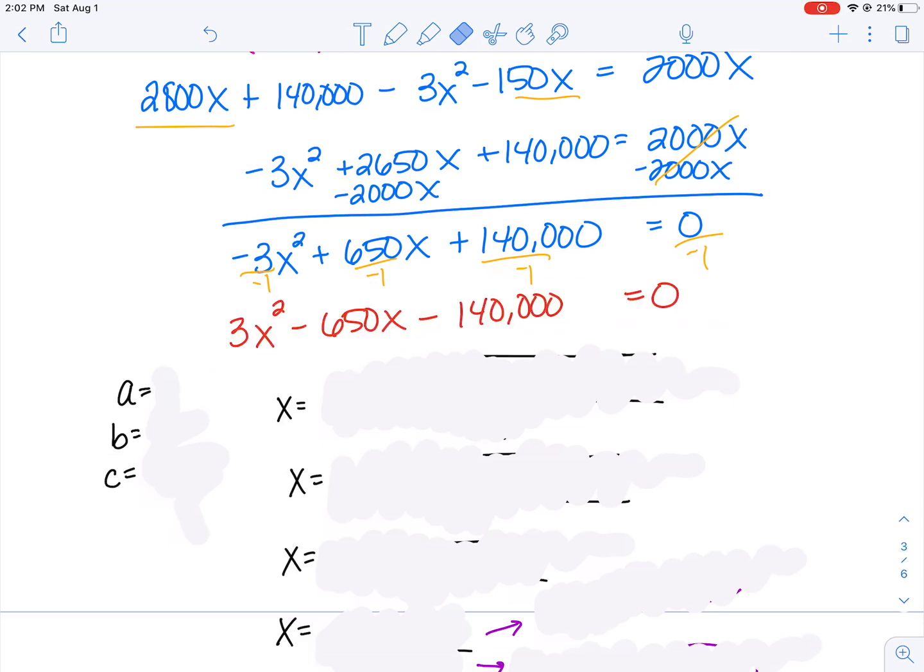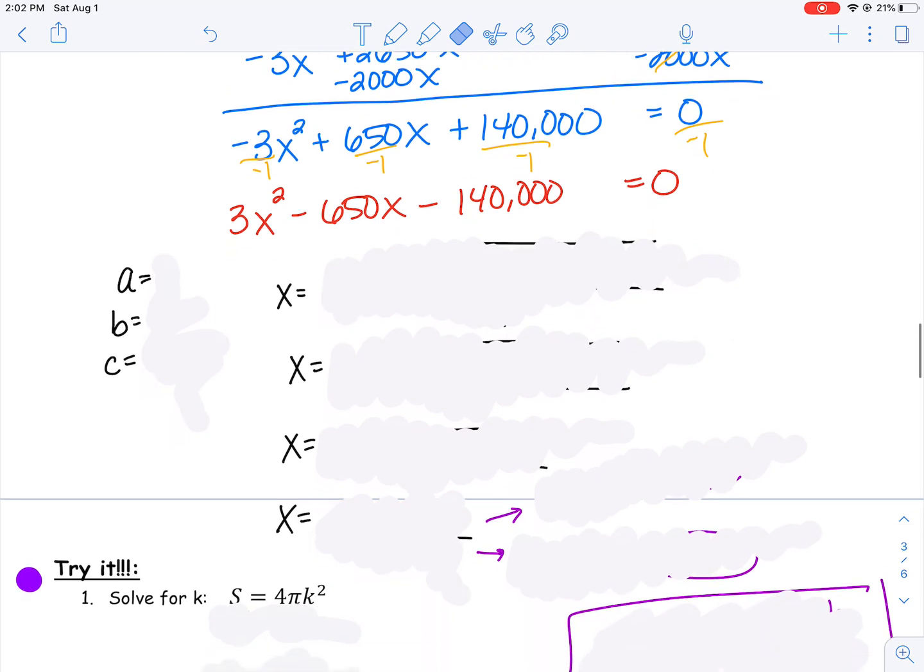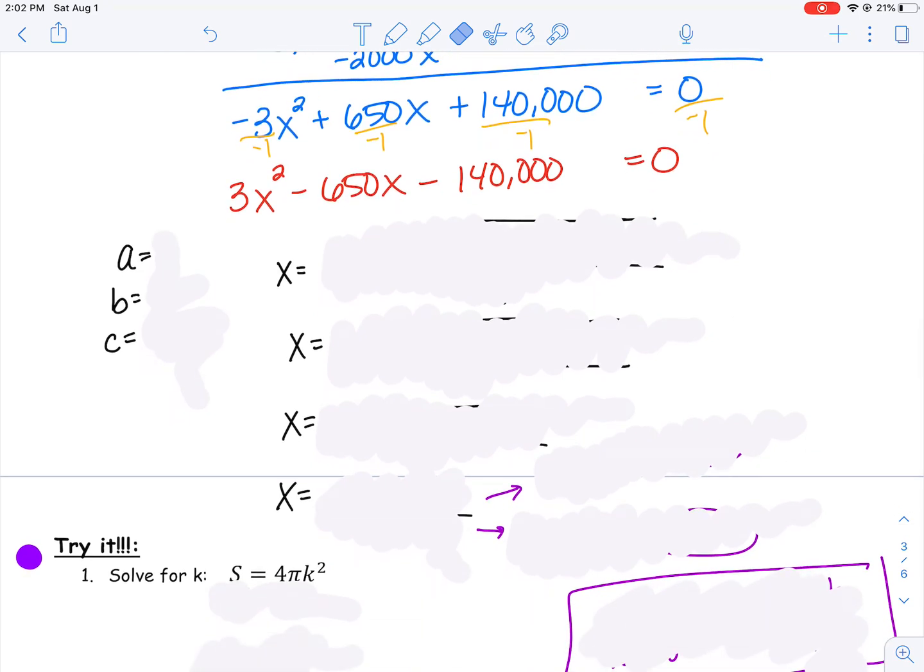What that actually does is change the sign of everything. My 3x squared now is positive. I have a negative 650x, a negative 140,000 equal to 0. So now that I have that, it looks a little more comfortable to me with that leading coefficient being positive. From here, I can try to factor, but I don't know if there is a GCF,